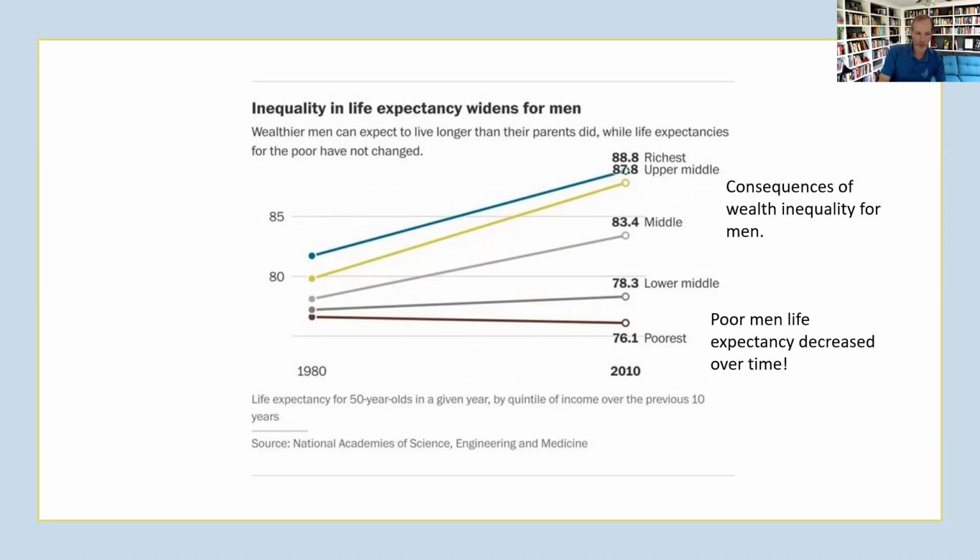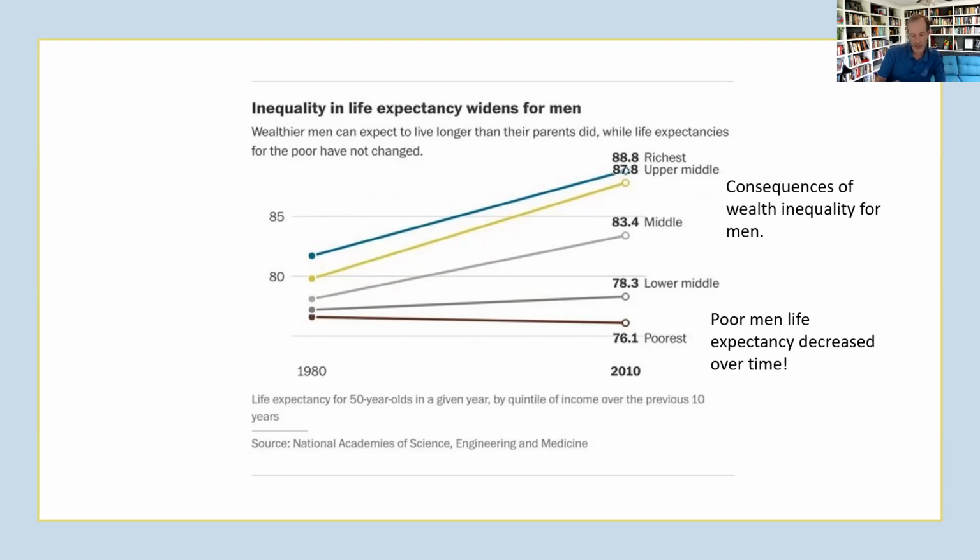So a 50-year-old in 1980 expected to live, I don't know, 70 or 72 years. Actually, no, it's more than that because this line has decreased. So in 2010, 76.1 years and probably like 75 years. So if you're in this bottom category, you would live fewer years today than you would in 1980. So the life expectancy for poor people has actually declined where it's increased for everyone else. And you can look across a range of health outcomes, and they're better for rich people and things have gotten worse for poor people.